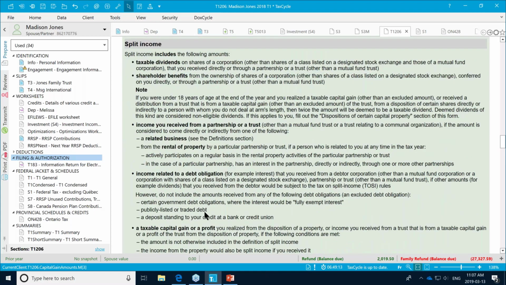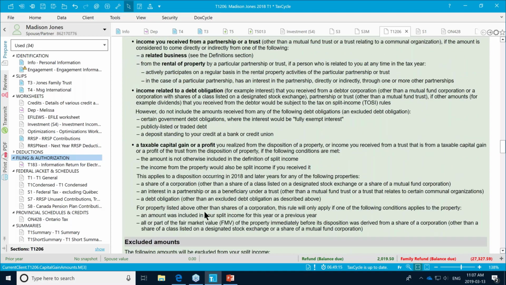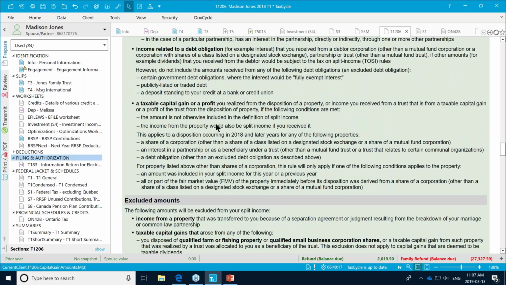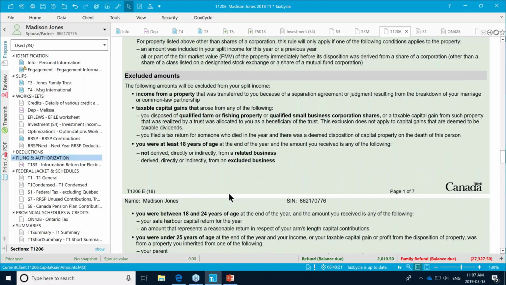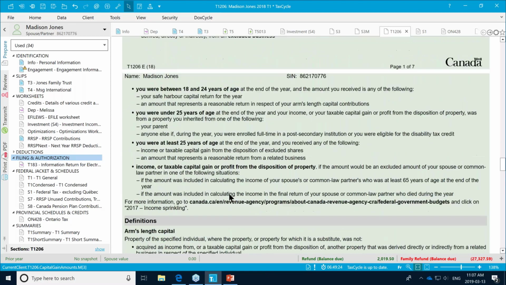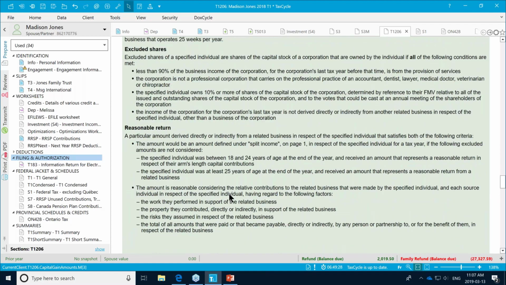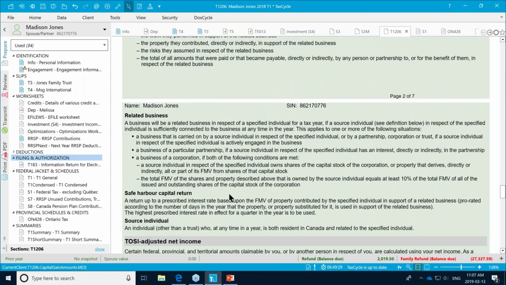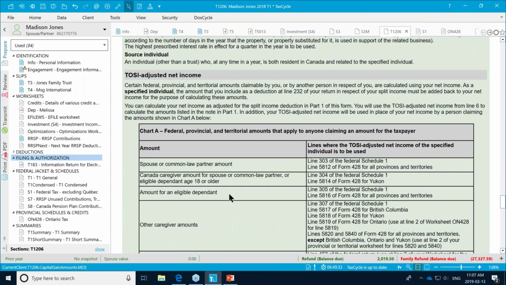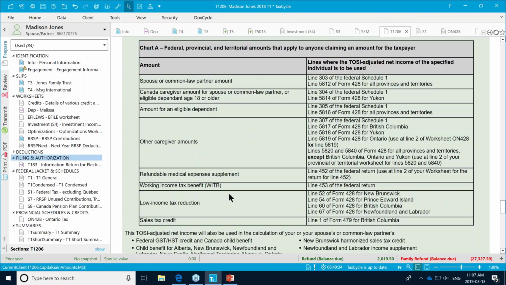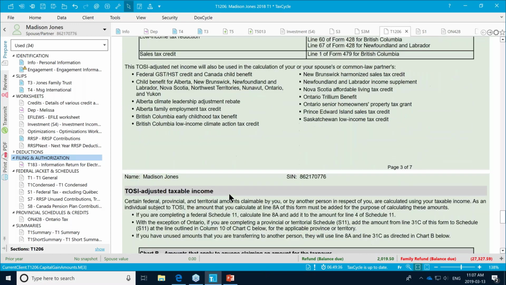It goes into all of the items that are subject to tax on split income, what would constitute an exclusion for split income, talks about the definitions here. This is good reading too if you want to dig a bit deeper into how things are going to apply and where they apply.